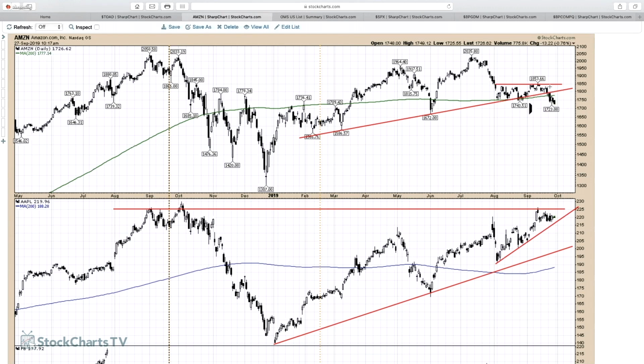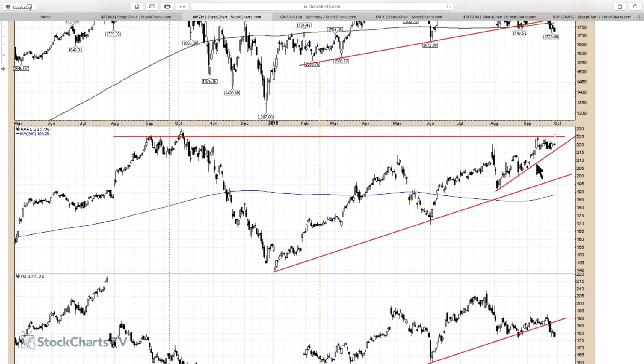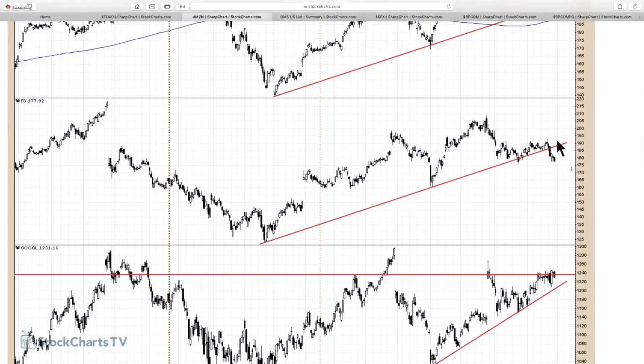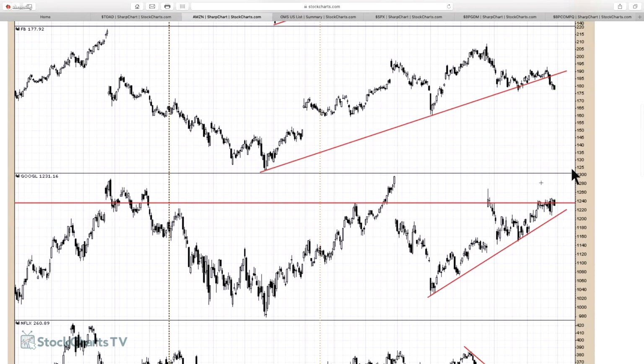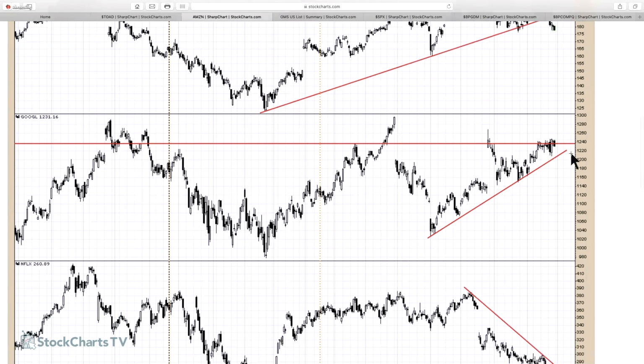It's making new 3 or 4 month lows. Here's Apple, and it's been trying to break out, and obviously they had their iPhone release and all that kind of stuff, and they're buying back 75 billion in shares, so the stock is holding up pretty well. But here's Facebook, and it's broken the uptrend much like Amazon. Here's Google trying to get through prior highs. It's not a bad chart. It's just we're still not seeing the uptick.